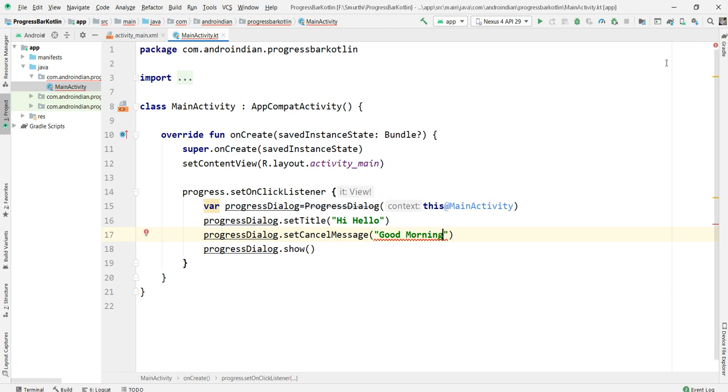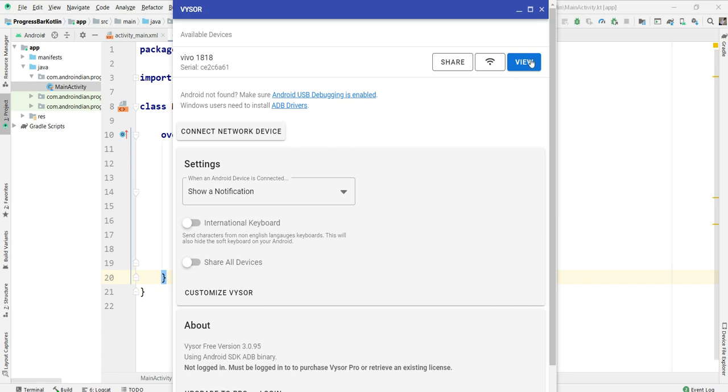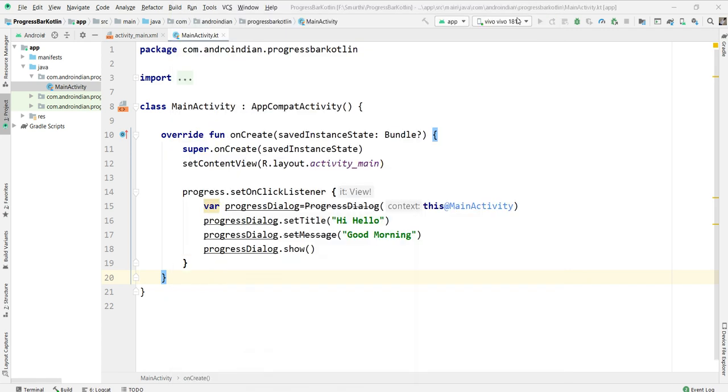Then I want to run this program so that we can see the output, whether it's working or not. It's setMessage, not cancel message, setMessage. So now I'm running this. Once it is run, once you click on that button, we can see whether the dialog is displayed or not. Then I can show one more extra line; even without adding it, the output we get directly.